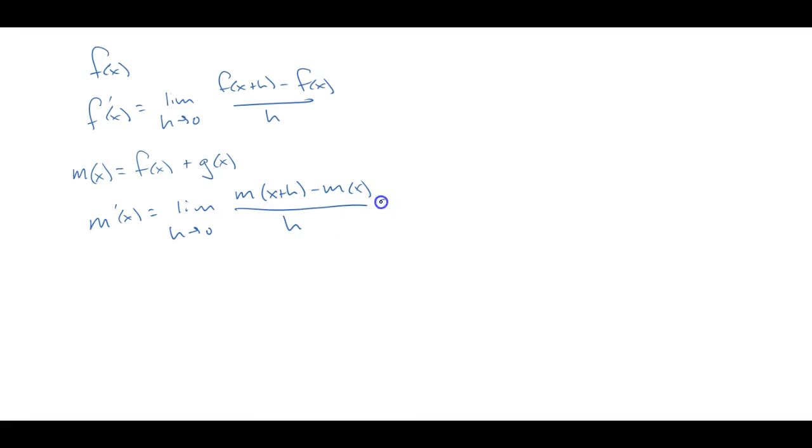Now, using some substitution, that's the limit as h approaches 0. m of x plus h, we're going to rewrite it in terms of f and g. So that means I'm going to have f of x plus h plus g of x plus h minus m of x. Well, m of x is equal to f of x plus g of x,